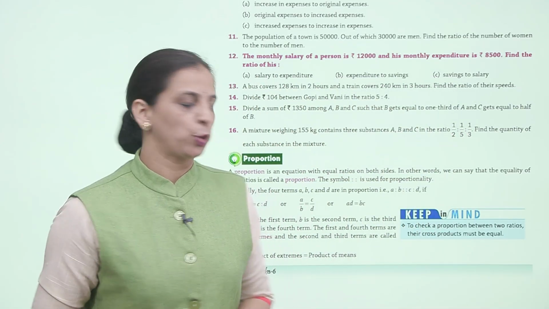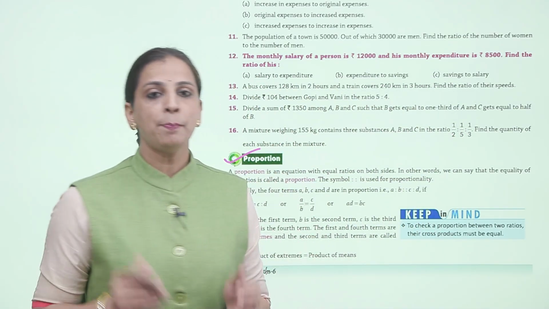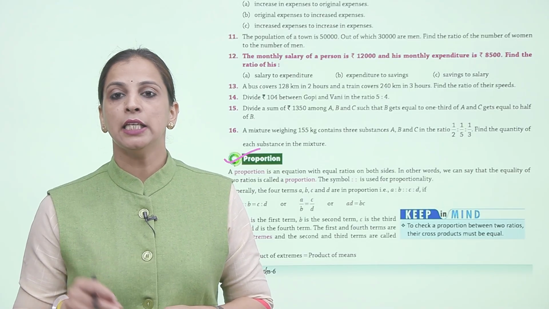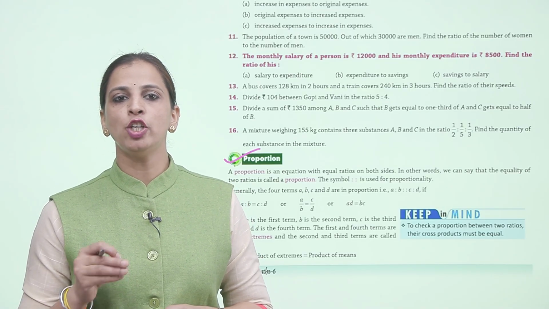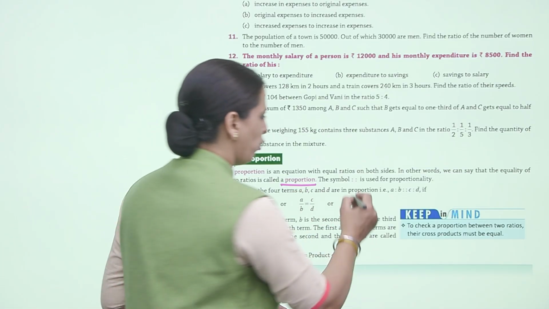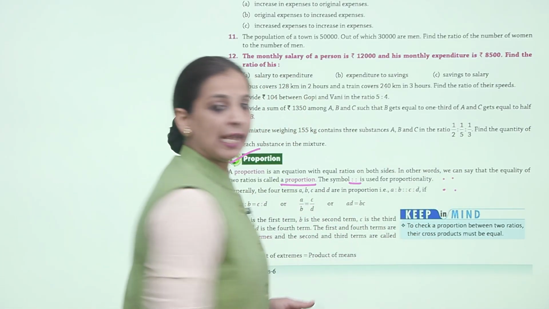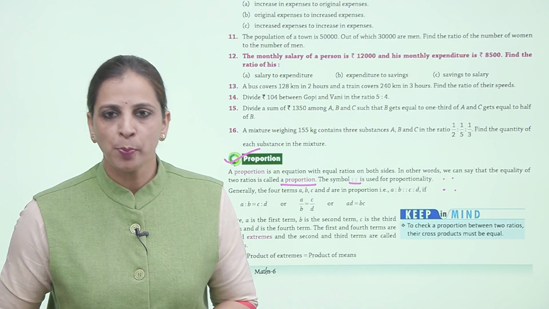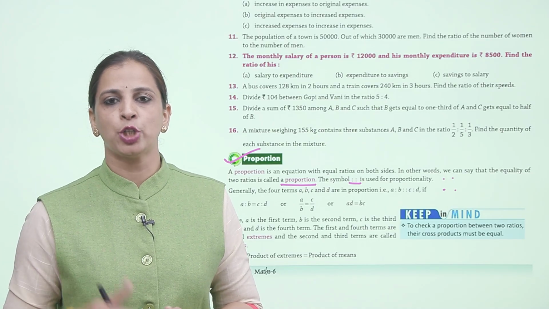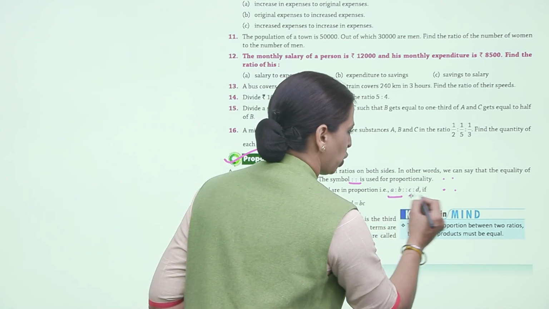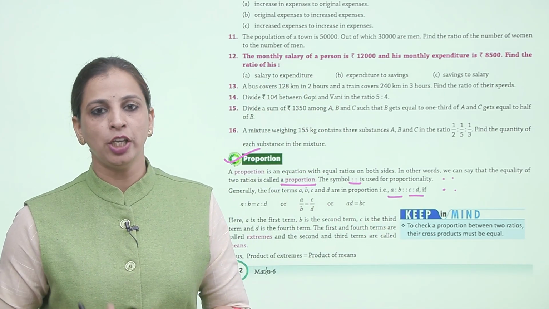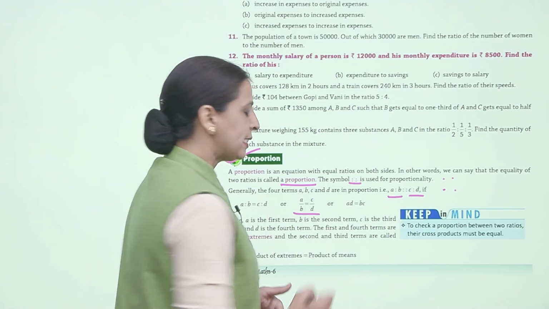Now next is proportion. A proportion is an equation with equal ratios on both sides. In other words, we can say that the equality of two ratios is called proportion. The symbol ऐसे is used for proportion. Generally, the 4 terms A, B, C and D are in proportion, that is A ratio B proportion to C ratio D, if A ratio B is equal to C ratio D, or A upon B is equal to C upon D,